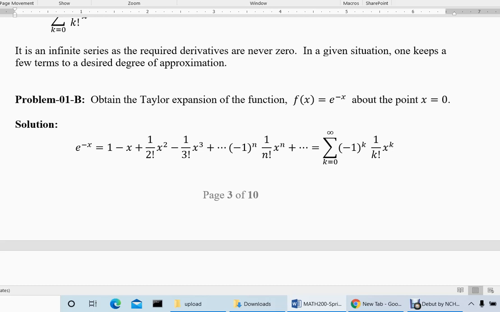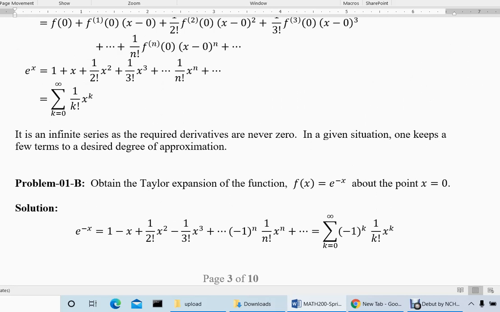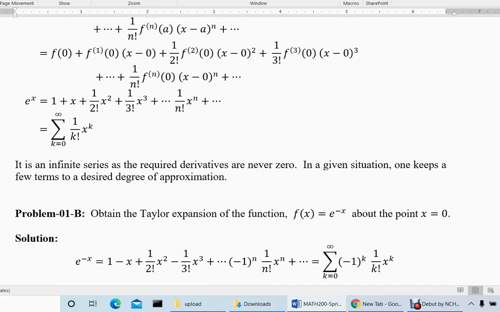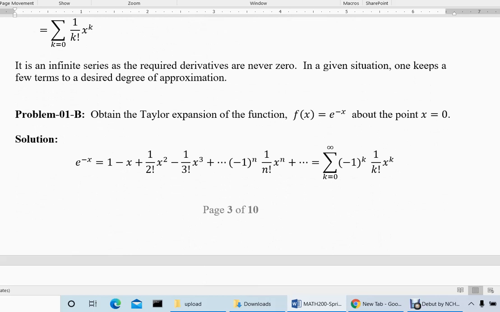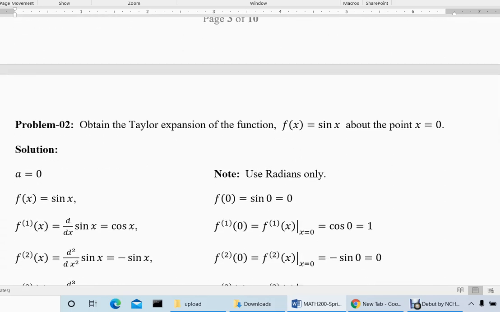Now what is important is that you should be able to calculate 3-4 terms of a given function. We will be doing simple examples this time in today's lesson, and we'll look at difficult examples some other time, and you can guess the formula for the nth term in this kind of Taylor expansion. The first 3-4 terms are important, then you guess the formula and write it in sigma notation, but for today's class 3 or 4 terms are more than sufficient. Even the sigma notation is not required. I am writing it for completeness.